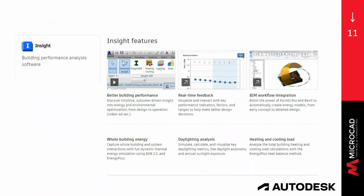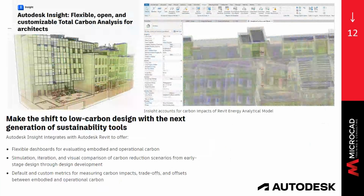It has an analysis for the whole building energy. It does a daylight analysis. It has also heating and cooling loads analysis. And even more important for sustainability is that it allows you to run a total carbon analysis for Revit, for your architects, for your buildings,